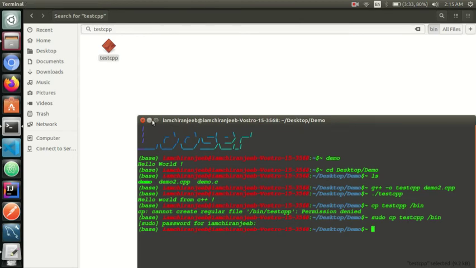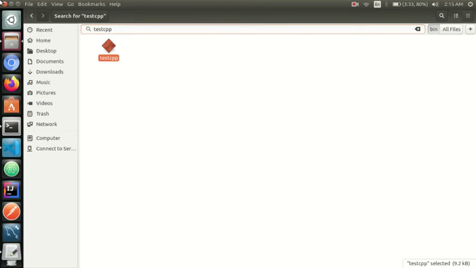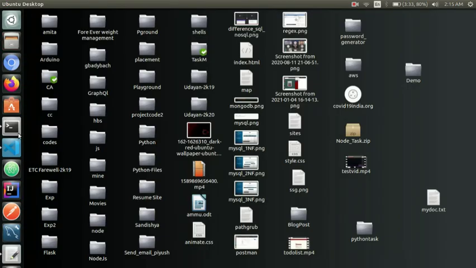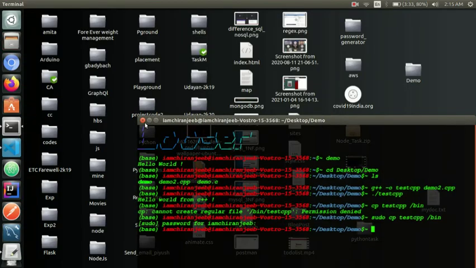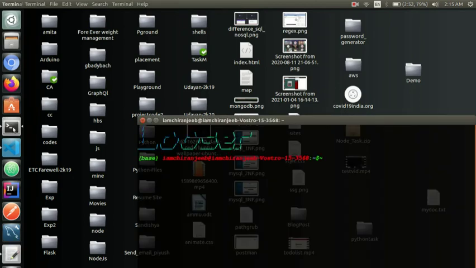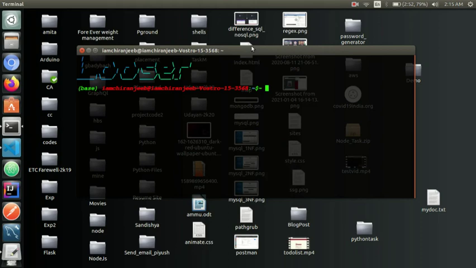Now we'll see if this is working or not. So I am closing the terminal for right now, again opening the terminal and showing you. We have named that test_cpp.